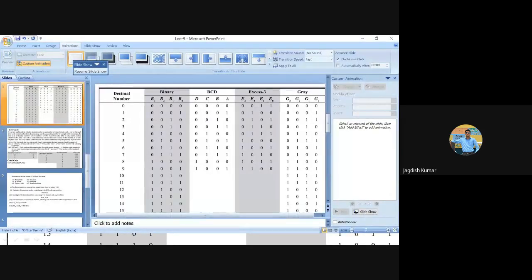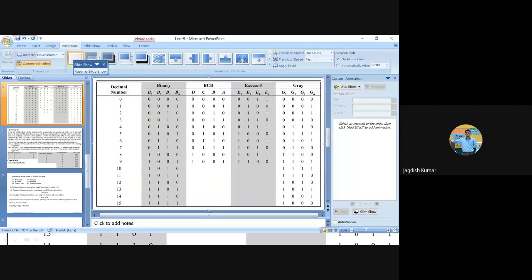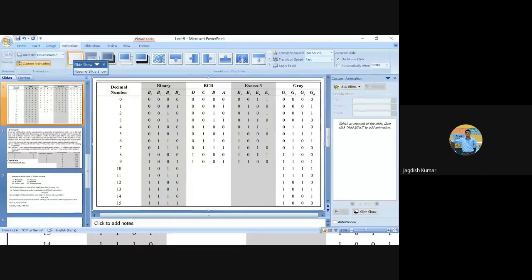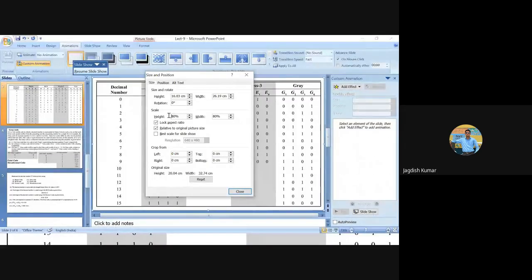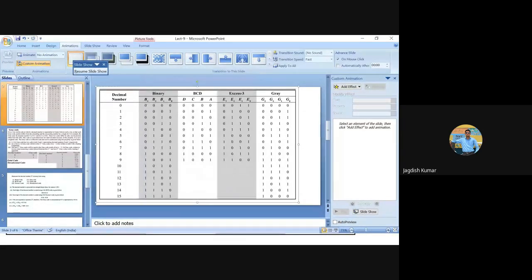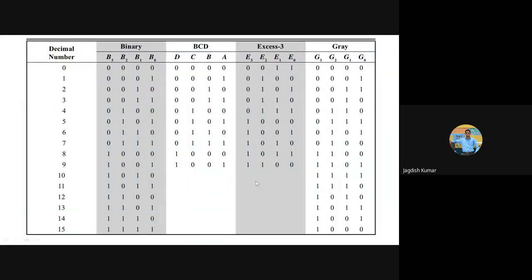This table, oh, it has been going out. I don't know why it is going out. Okay, let us see. Is it better? No, let me reduce the size. Just a moment. So it is better now, huh?